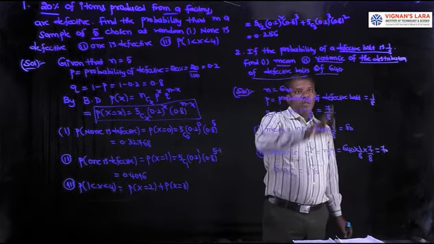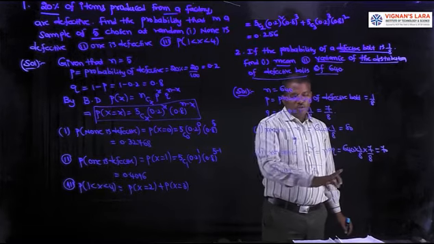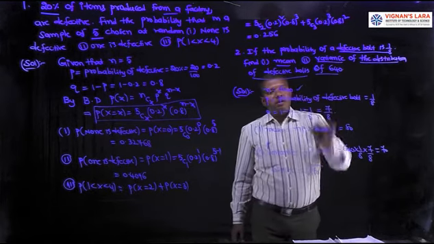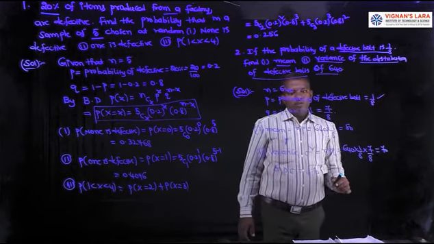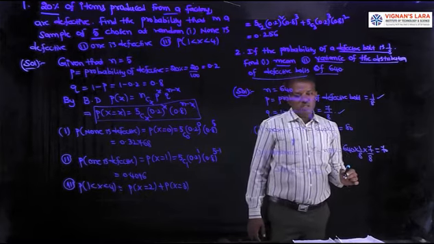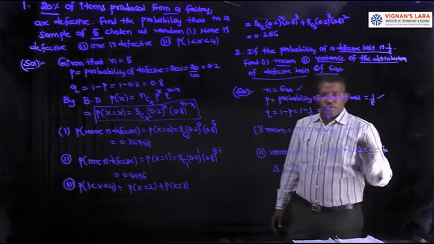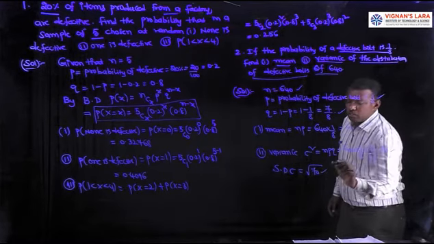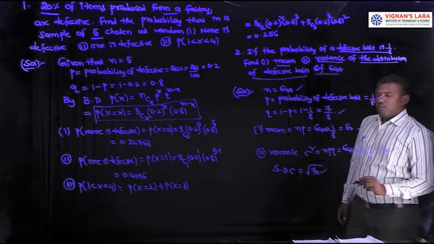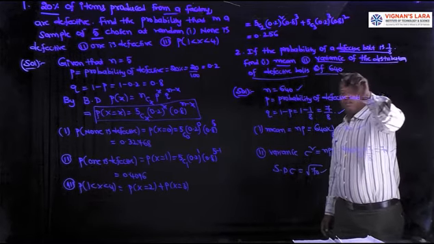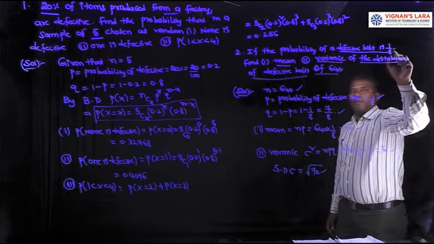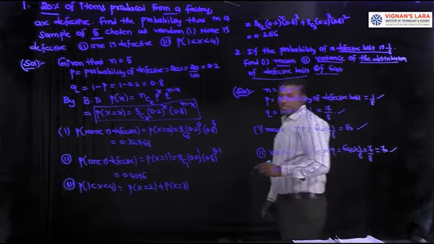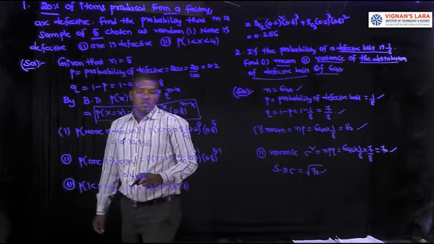These are the calculation parts. Mean is NP, variance sigma square is NPQ, standard deviation is the positive square root of variance. Here N is 640, success is a defective bolt, that is 1 by 8, and the failure rate is 1 minus the success rate. First write the N value, N is 640. P, probability of a defective bolt, 1 by 8. Q is 1 minus P, mean NP, variance sigma square.